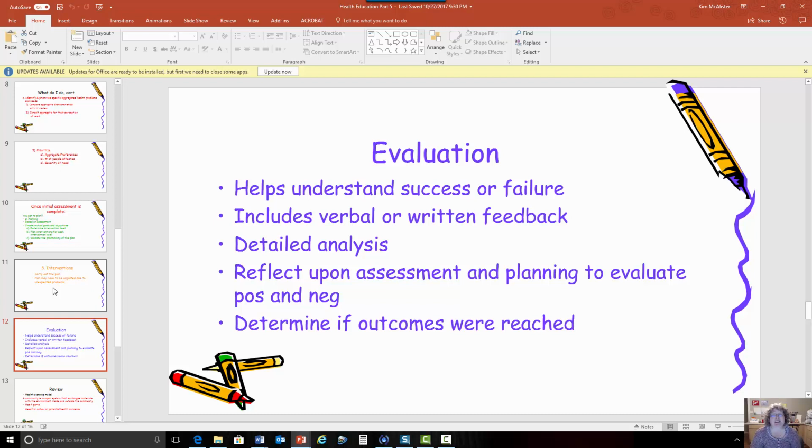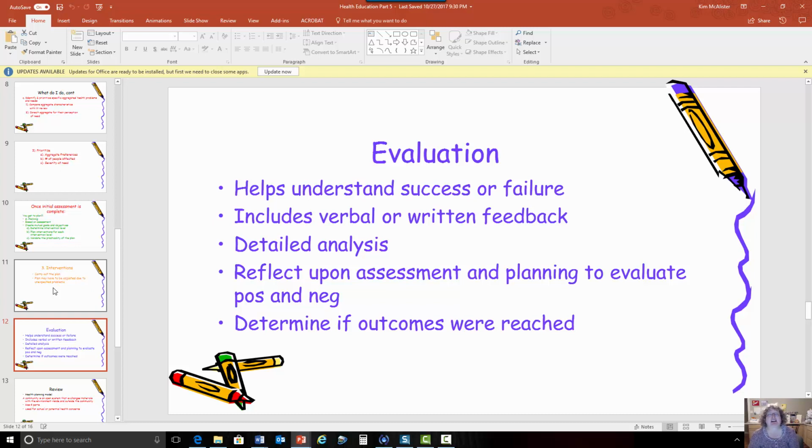You want to have a detailed analysis, because when you form your goals and objectives, you need to have something that you can measure, and you want to carefully analyze your outcomes and analyze your goals. And if this was an intervention that had some measurable benefit, something you can capture in statistics, then you certainly want to do that. So then you want to reflect upon all of this